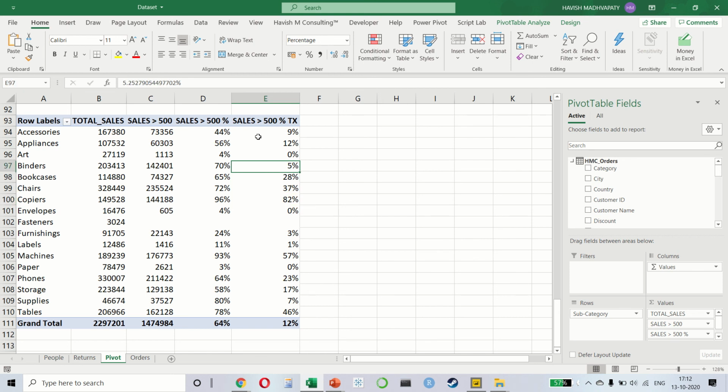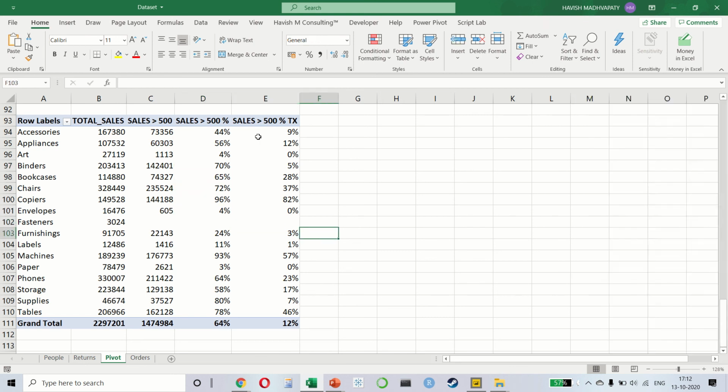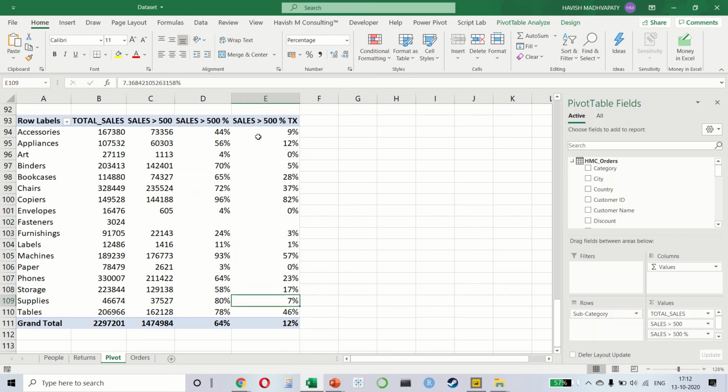But there are certain cases, for example binders, where you notice there's such a big difference. 5% of your transactions are over 500, but the contribution is 70%, which clearly indicates that some of these transactions are very, very large in size, which I guess is good for the business, but it depends on what type of business, function and industry you're working in.